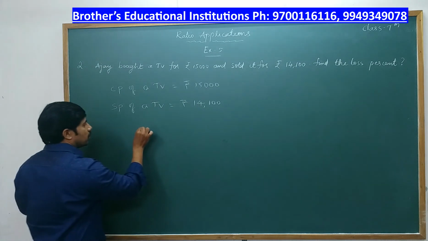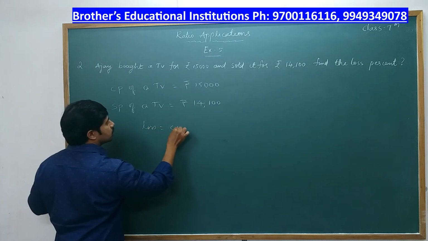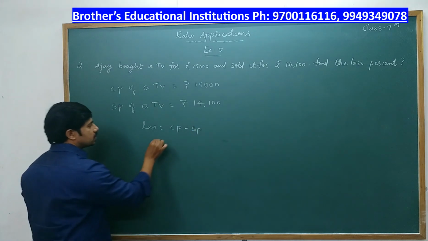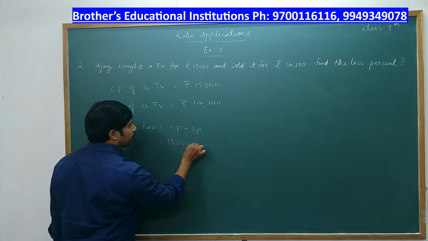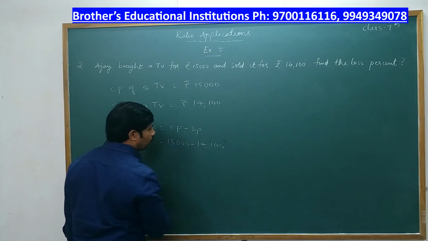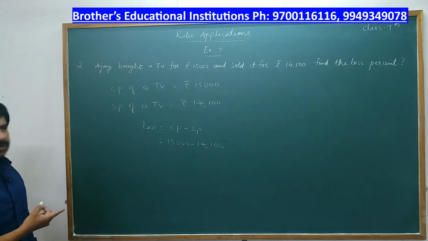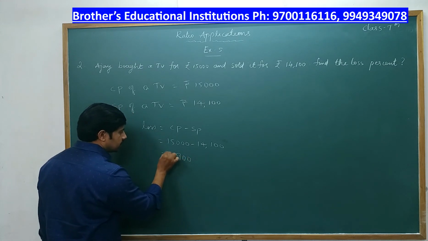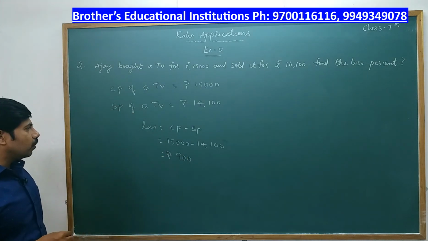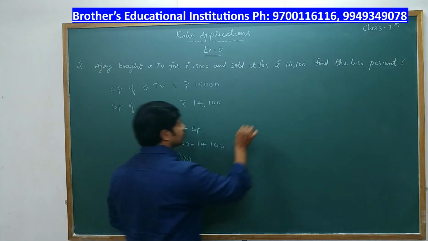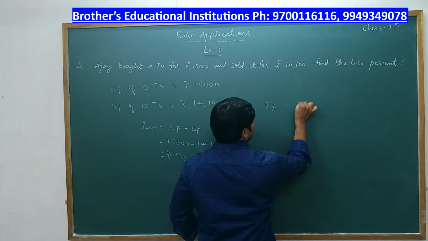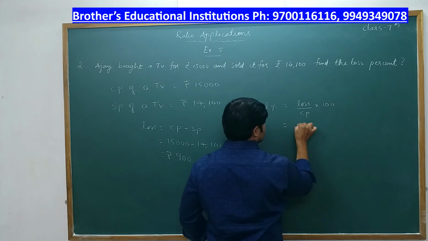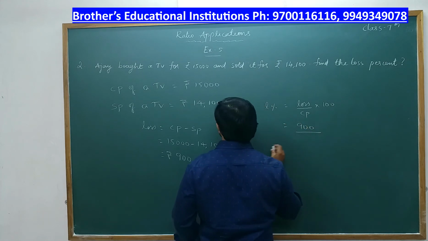So what is loss? Loss is equal to cost price minus selling price. Now we'll substitute. So that is 15,000 minus 14,100. 14,100 and 15,000, it is nothing but 900. So what is loss? It is 900 rupees. Now we have to find out loss percent. So what is loss percent? It is loss by CP into 100. So loss is 900 and what is CP? It is 15,000